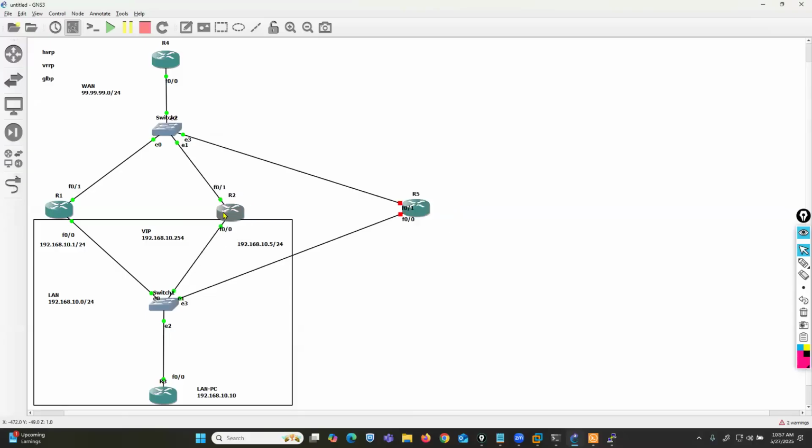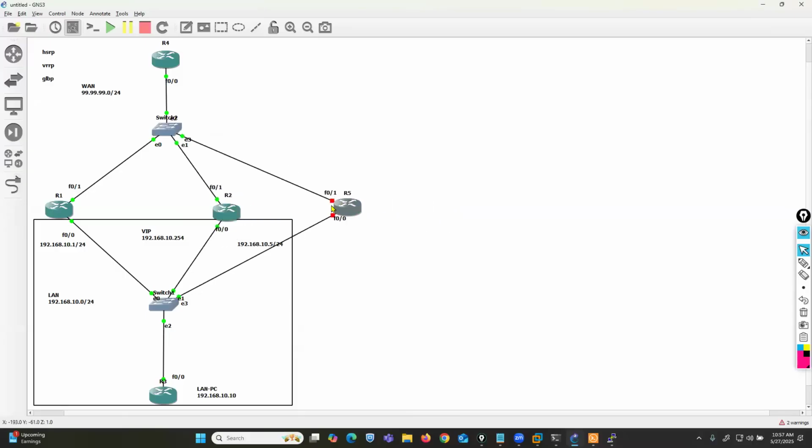You want to add another device? Yes, I'm adding one more router because